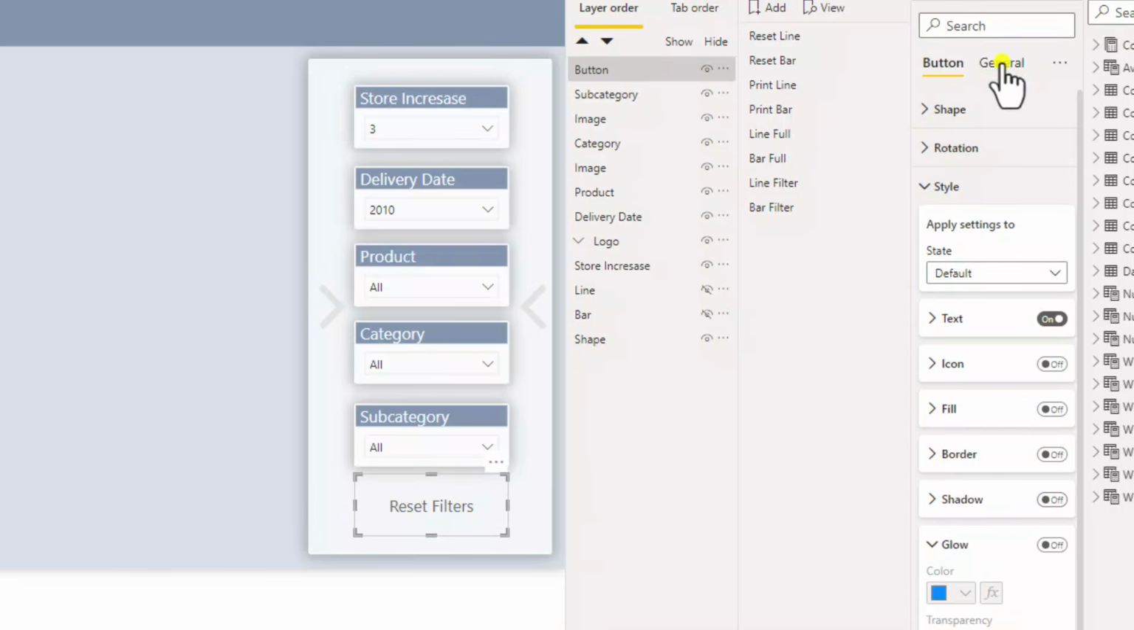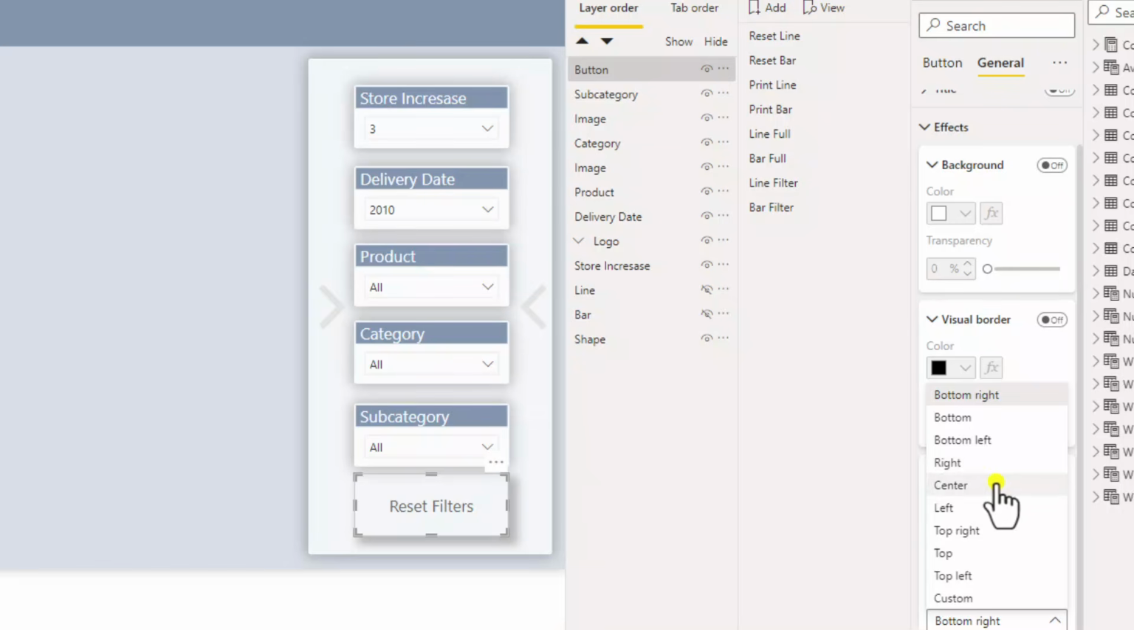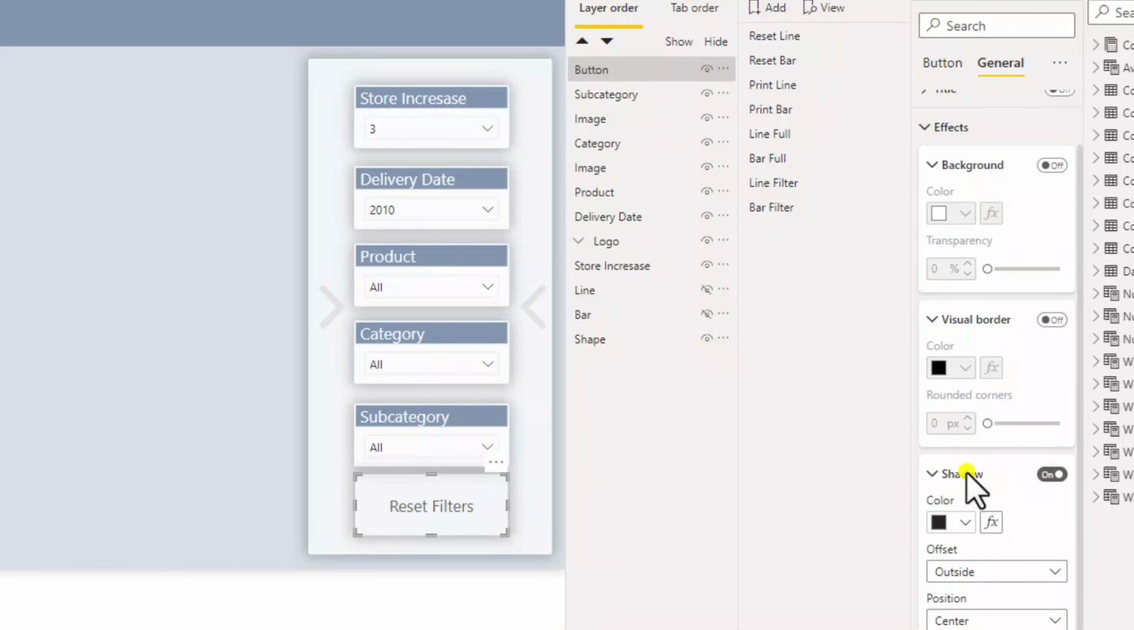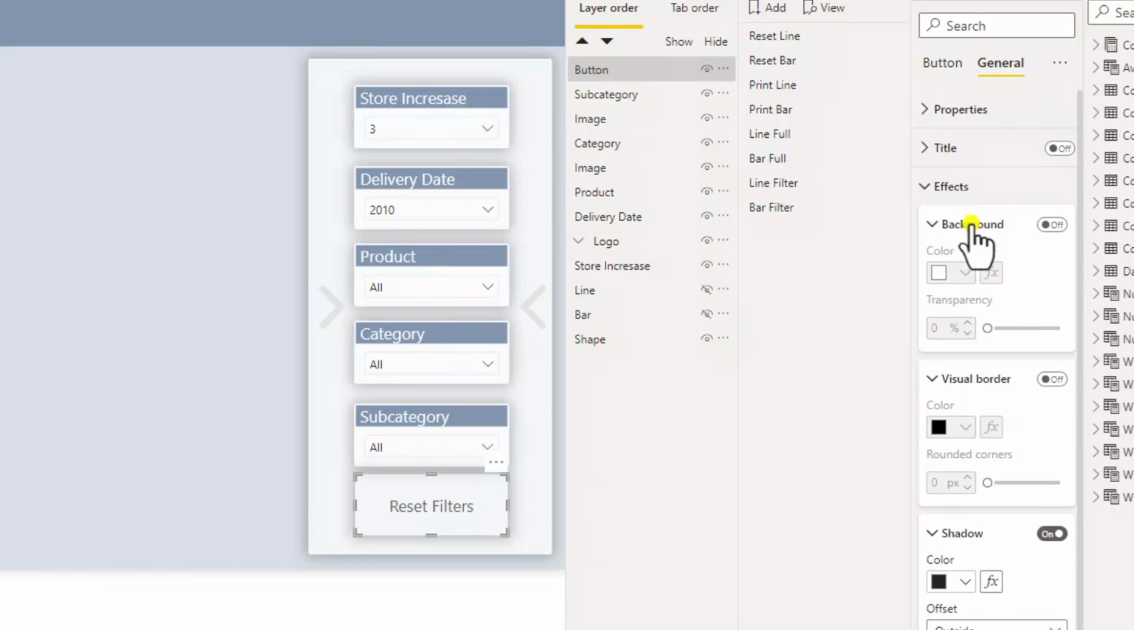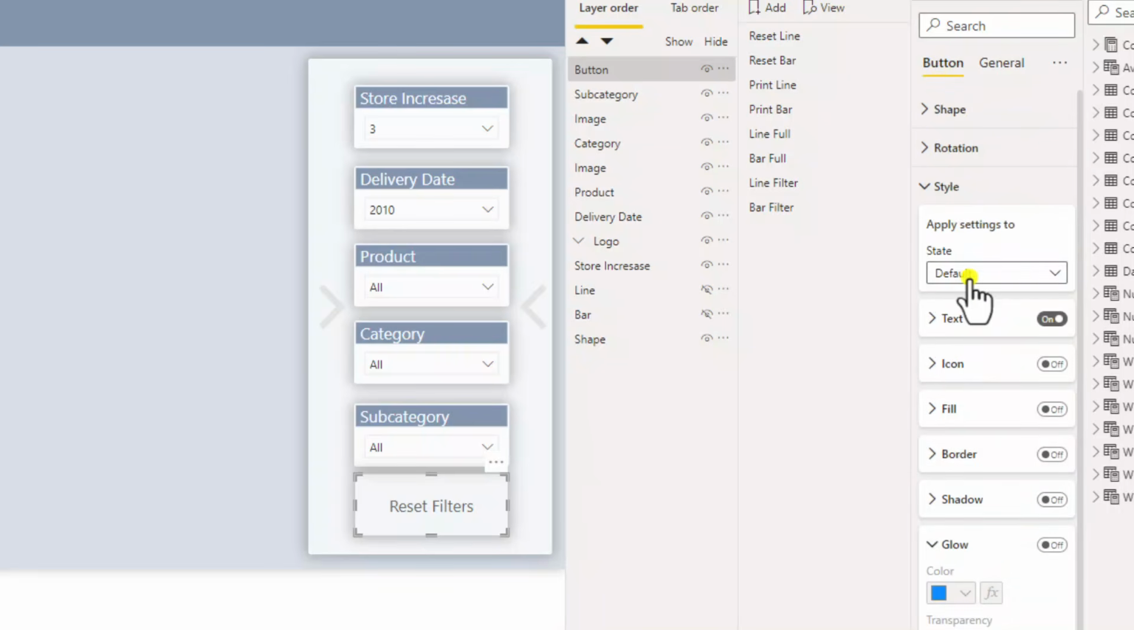Then we add a shadow. The shadow is in the effects. So we go to General, Effects, Shadow, and then again we want center. Okay, that's fine. We don't need a background or anything like that, so let's go back to the button, and